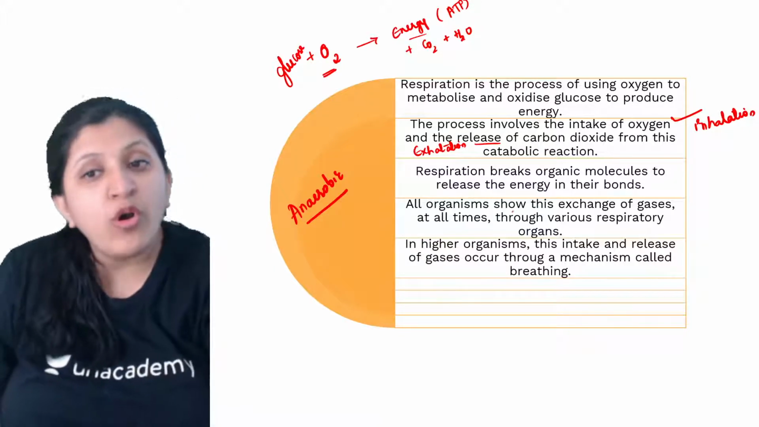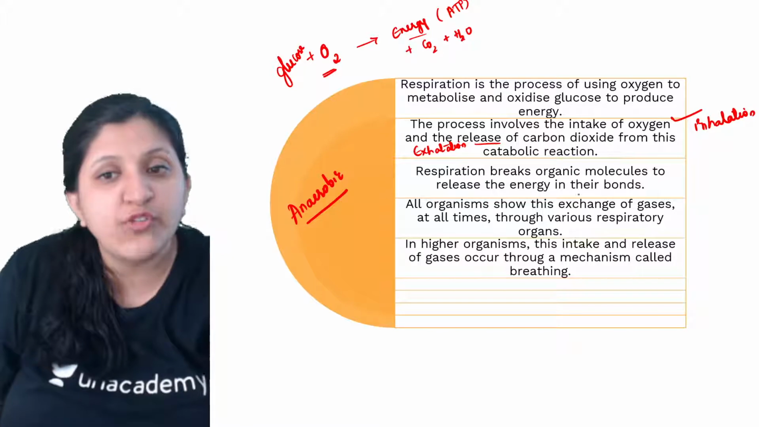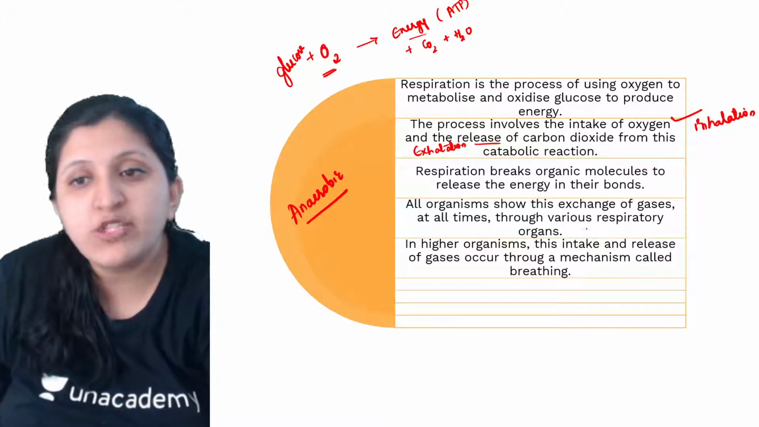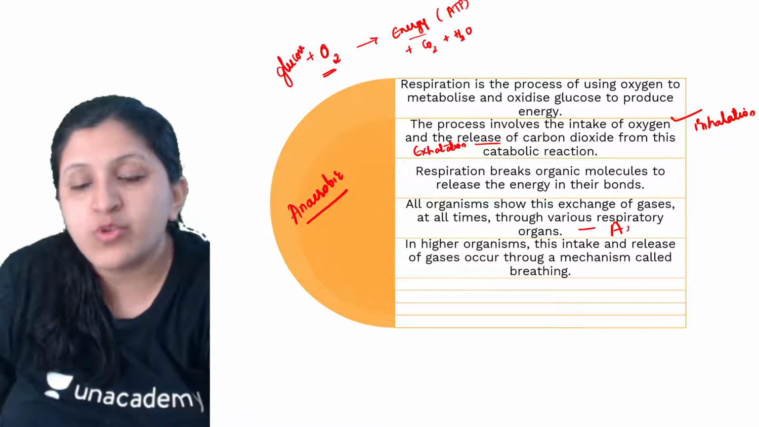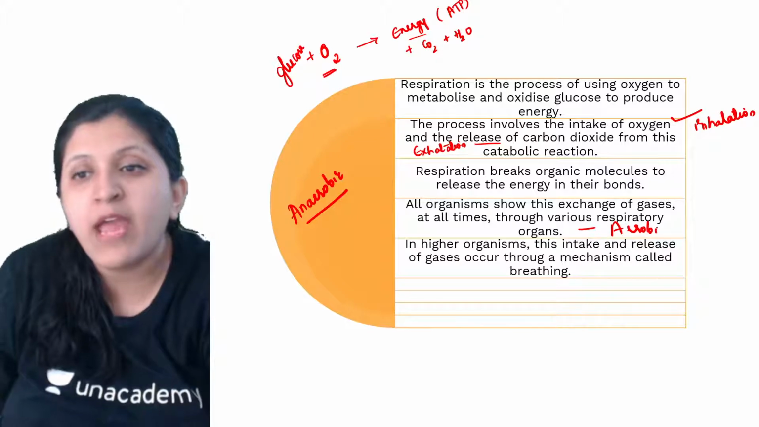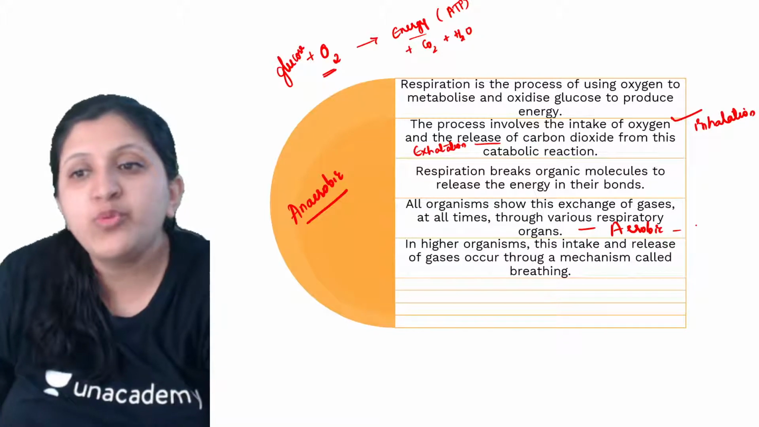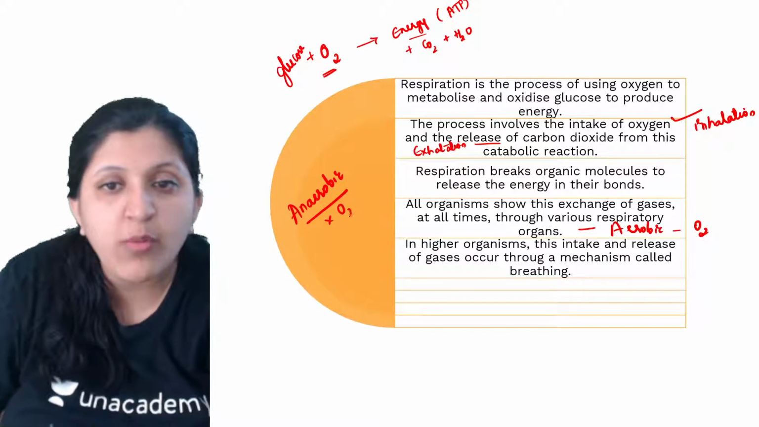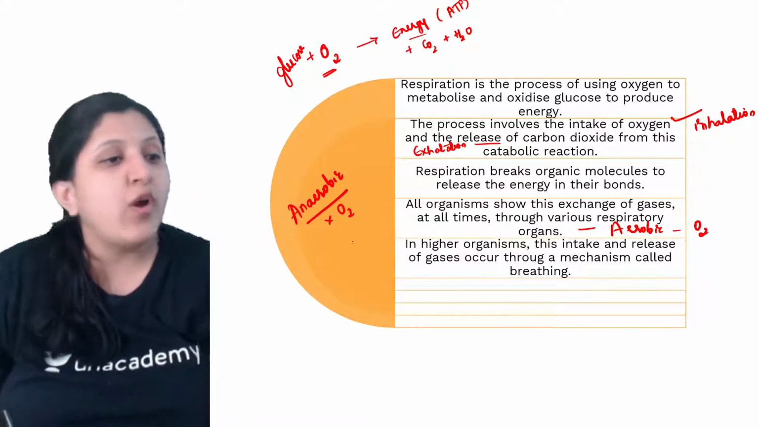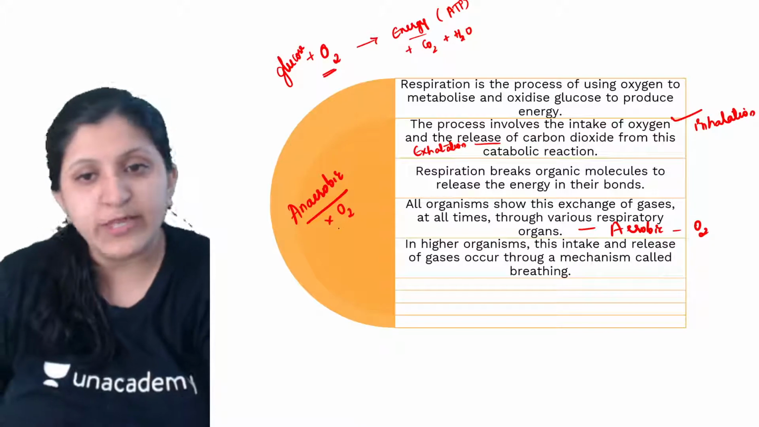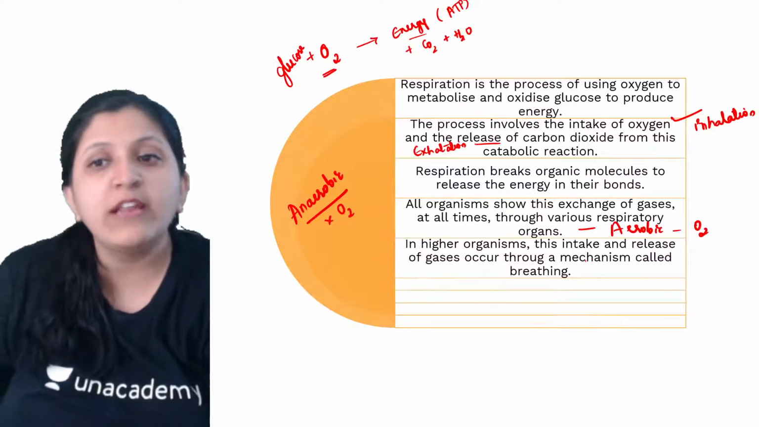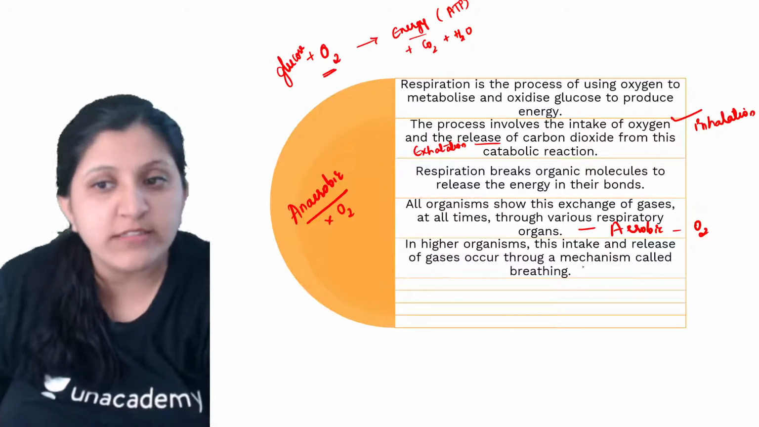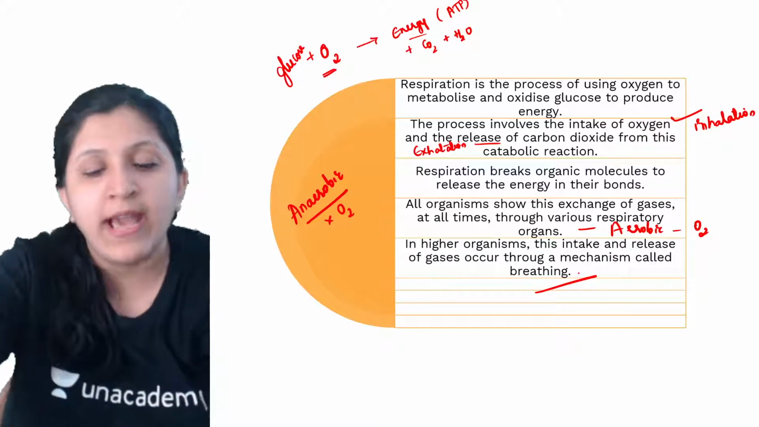Okay, so all organisms show this exchange of gases through various respiratory organs. So those are aerobic organisms, the ones which require oxygen. And the ones which do not require oxygen, we call anaerobic respiration. In higher organisms, this intake and release of gases occurs through a mechanism called